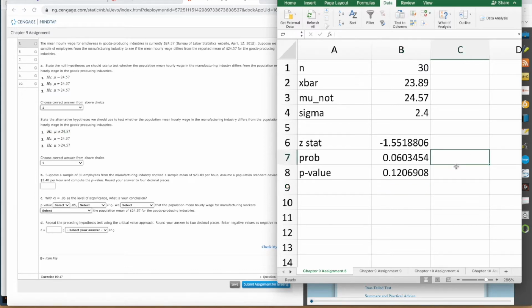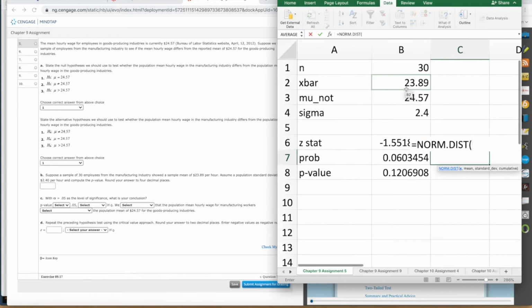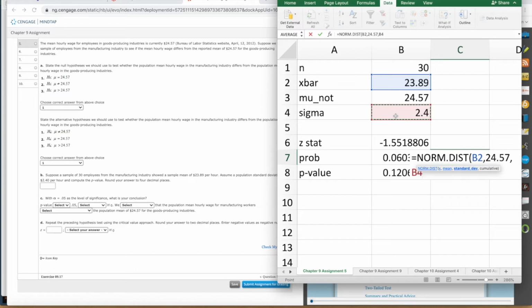Now, one other thing I wanted to show you, and I showed you this in a past video: here we converted to a z statistic and put it in this normal distribution function. Once you're more used to using Excel, this will accept any type of normal distribution. So notice if I put in my particular x bar, not converted to a z statistic, the mean, the null mean, 24.57, comma, the standard deviation, that's the standard deviation of x bar, which is the standard error. So there I'll want sigma divided by the square root of n,